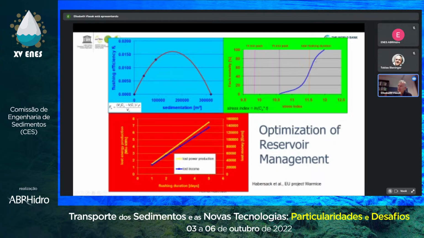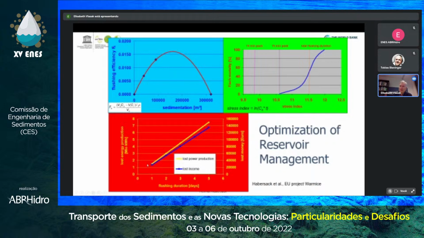And this line, the stress index, the blue line, is calculated with this formula, simple also. You just multiply the concentration with the time, with a logarithm in there, and then you see this distribution. And then you can select yourself. If I flush at a very high concentration, I can do it only for a short period of time in order to stay within a certain limit of the stress index, or I have a smaller concentration in milligrams per liter and a longer time I can have for the flushing. So if we go for this optimized approach, we also have to look into what it means for the fish and the environment.